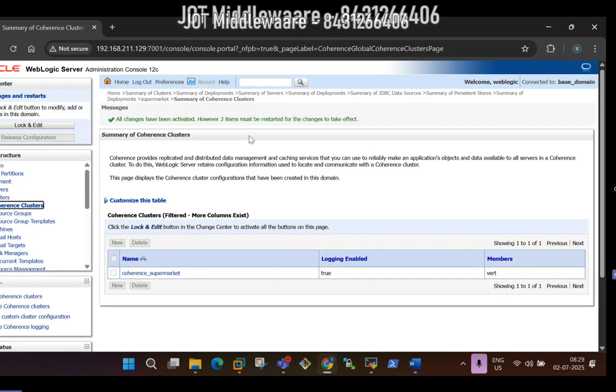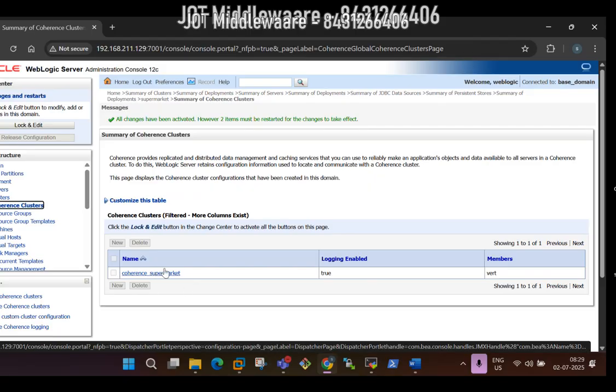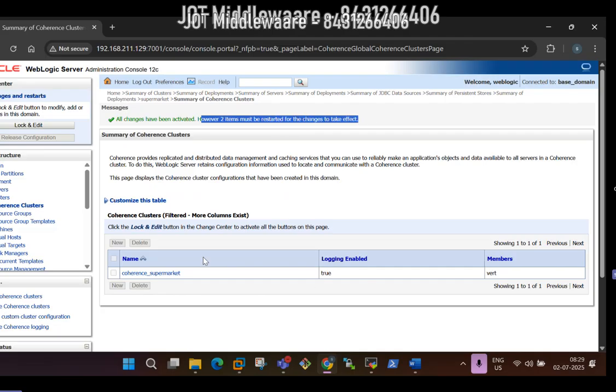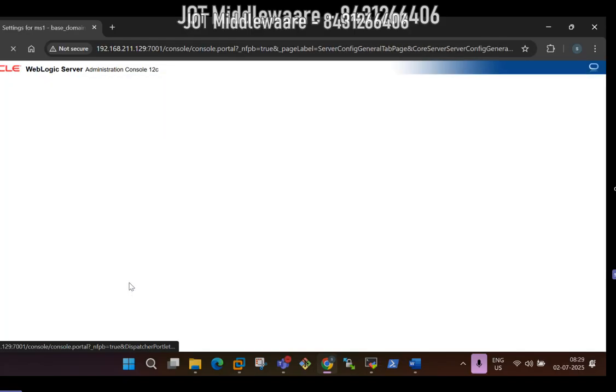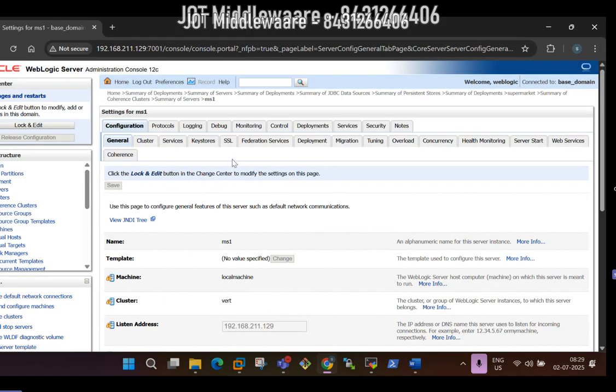Activate the changes. Done. Now the coherence cluster is created. All changes have been activated. However, 2 items must be restarted. Okay, we will restart. But before that, we need to go to manage servers, and here